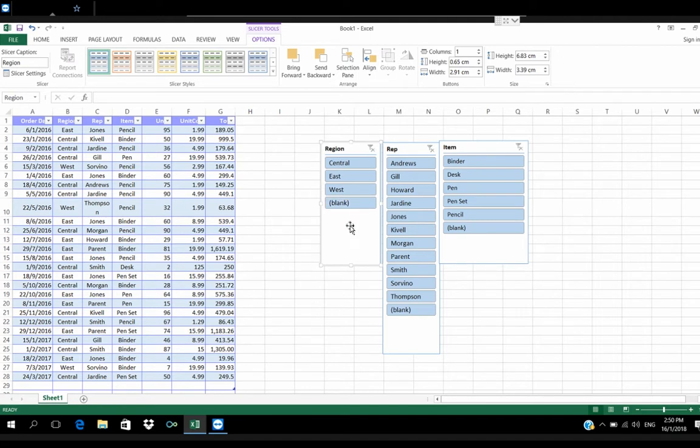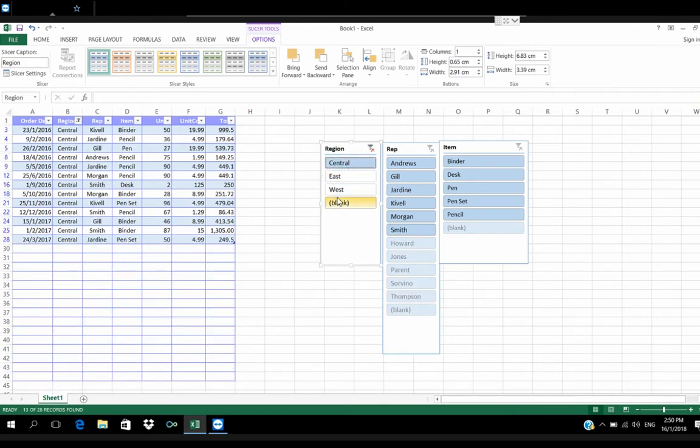Now we can see there are three main regions in this table. If I select Center, it will show only Andrew, Gill, Jardine, Morgan and Smith are representing Center, and there are 5 items available in Center.